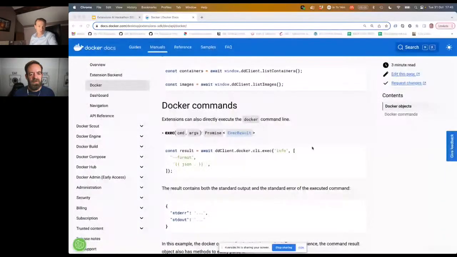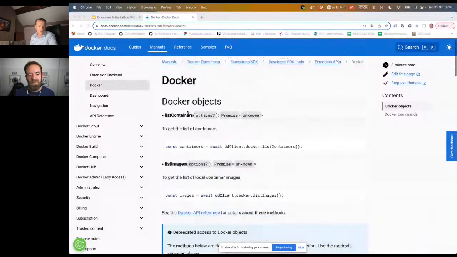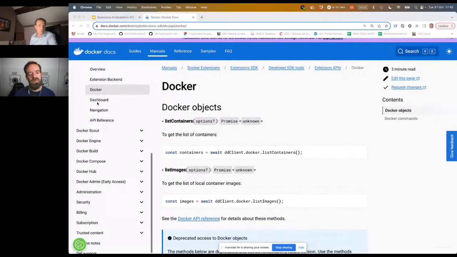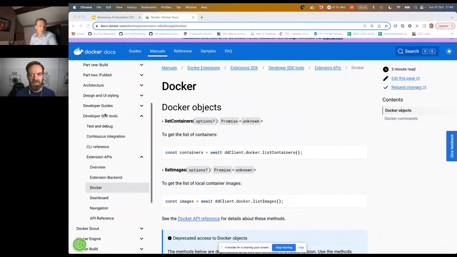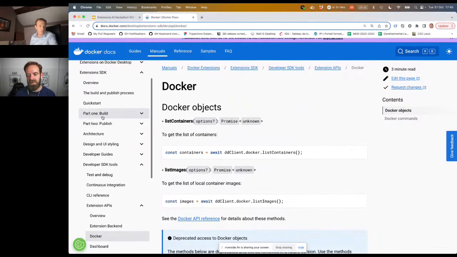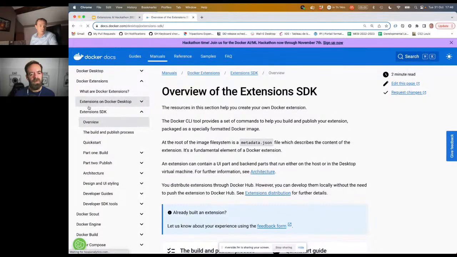So I was previously looking at the docs for Docker extensions. I was looking specifically at the APIs and what you can interact with in Docker. But of course, you can start from the beginning and go to the developer SDK. For the SDK usage, you've got an overview, you've got a quick start, and then several steps on how to build your first extension.